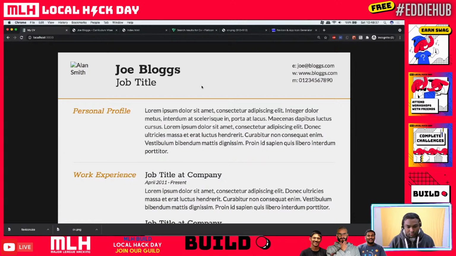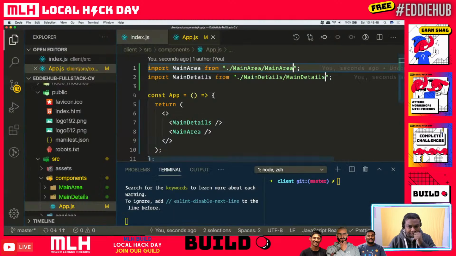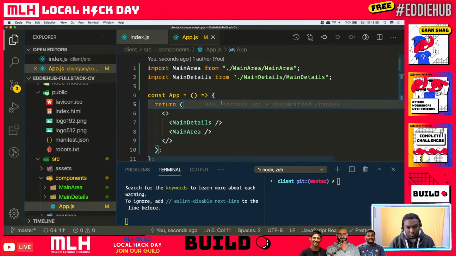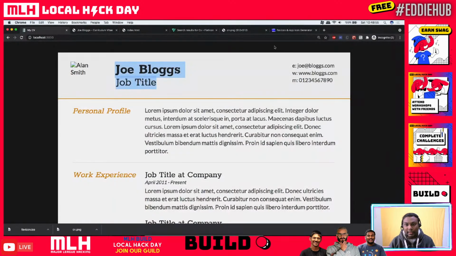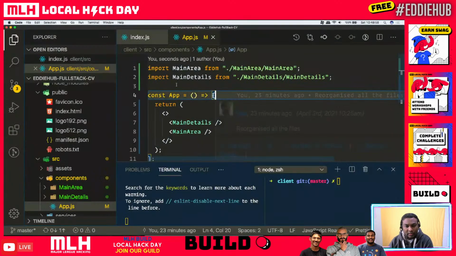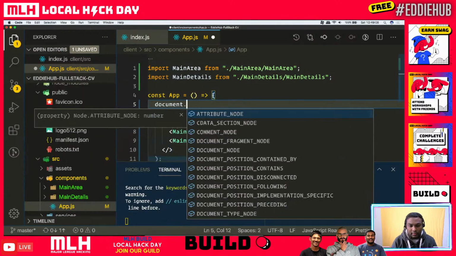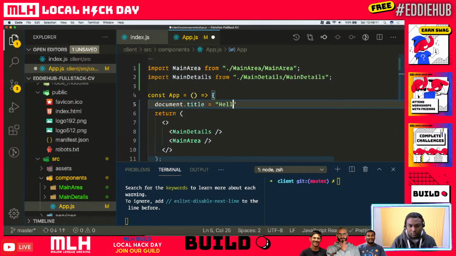Cool. So now that we have got something to this level, we need to do all these things. Okay, so let's start with our main stuff here. Cool. Now also we need to do one more thing. We need to find out the right way to do the use effect. Oh, I keep forgetting this. Okay, we don't need to do a use effect here. Every time when the document runs, should we do use effect or not? Let's not do it. Let's directly do document.title is equal to hello. Or else, like, let's say,